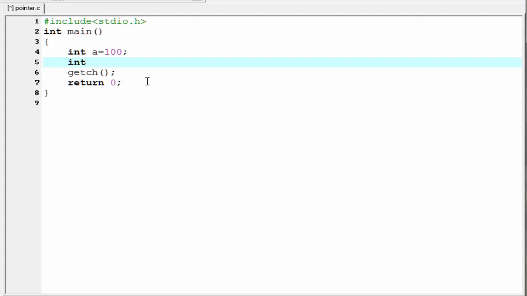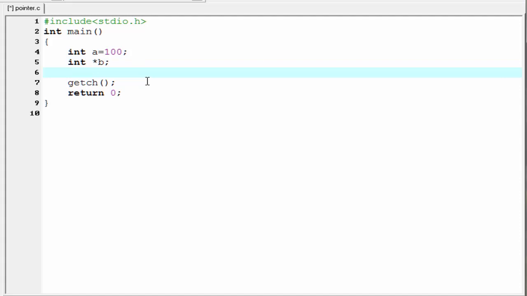Then give a star operator and then write the variable name. Here I write B. So the type of the pointer is actually the type of the variable to which it points. Here B will contain the address of A and we can write it as B equal to ampersand A.